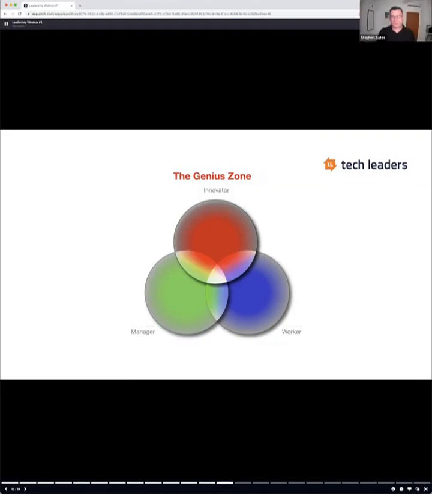So when I've worked with people in business, I found that there are really three different attitudes to how we approach business. I've got a very simple Venn diagram here. Some people are innovators and they love to create. They love new ideas. They're always looking to see what they can do in a different way.